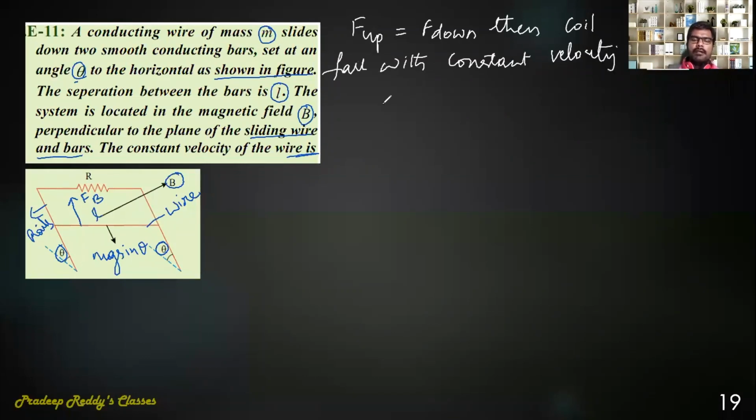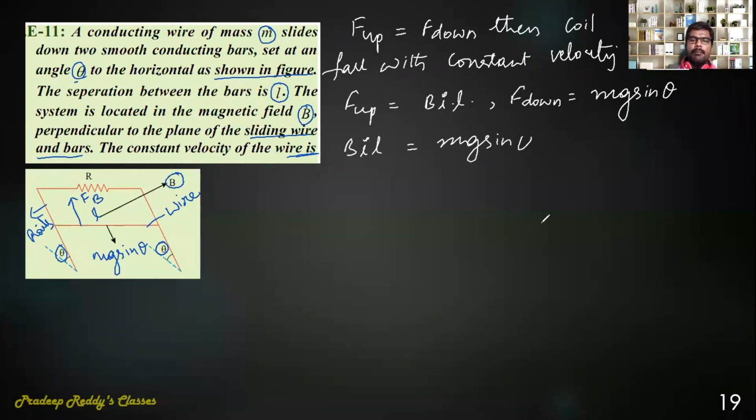What is the formula for upward force? That is the magnetic force. We already know that F is BIL, which we have discussed in moving charges and magnetism. And the downward force, the gravitational force component, is mg sin theta. I can just equate them. BIL is equal to mg sin theta. But what is this I? I is the induced current in the coil